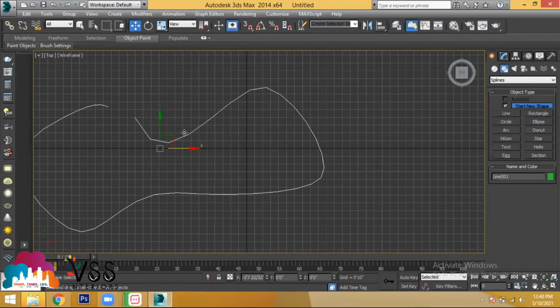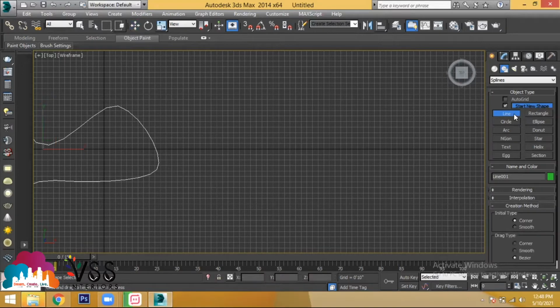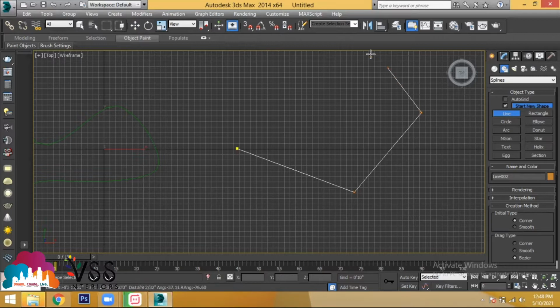But if you want a line to be like a line, not a curved shape, take the line tool, click a starting point and release. Don't click and hold. Then go to the next endpoint wherever you need, and the next, and the next.